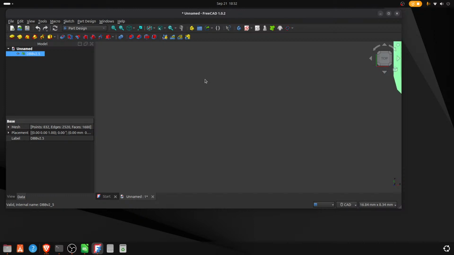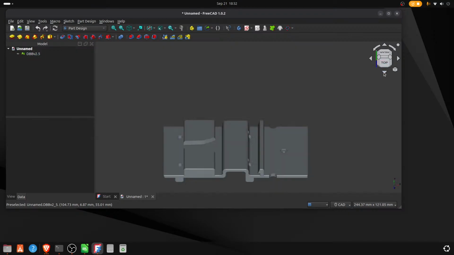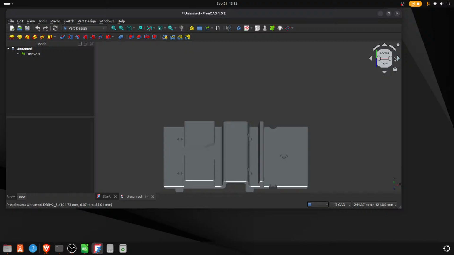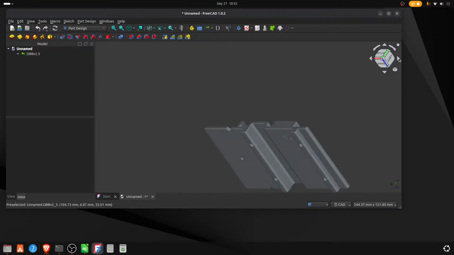Like, why can't I see this? Oh, I can now. Okay. I don't really know what this part is. Oh, this looks like a bracket of sorts. Yeah, this bracket holds something. Okay,